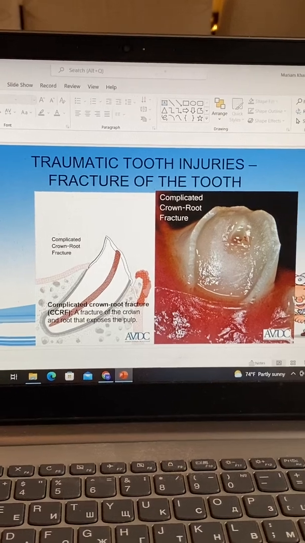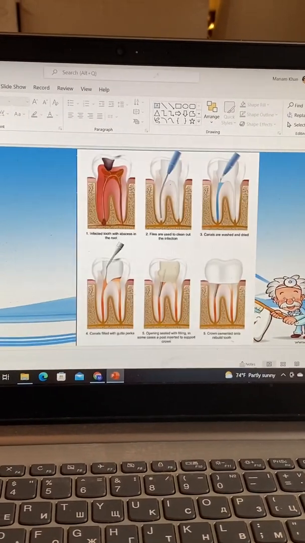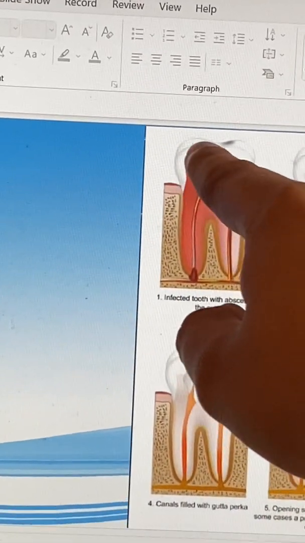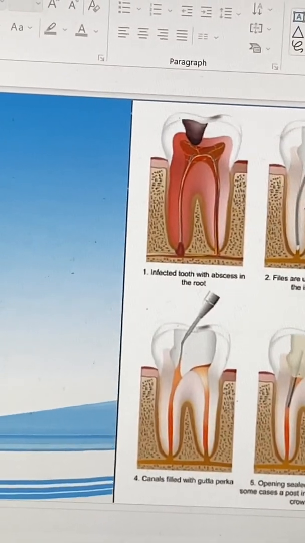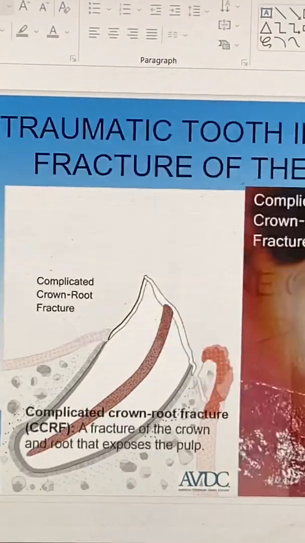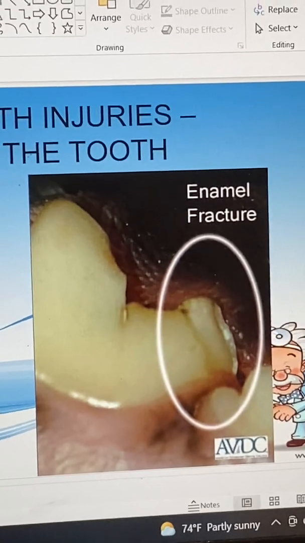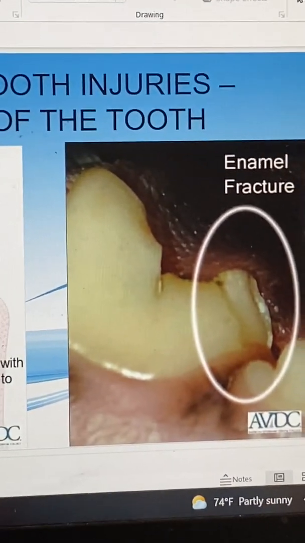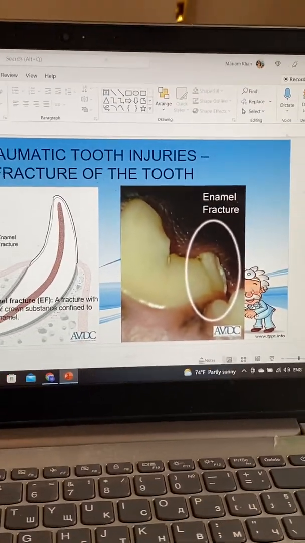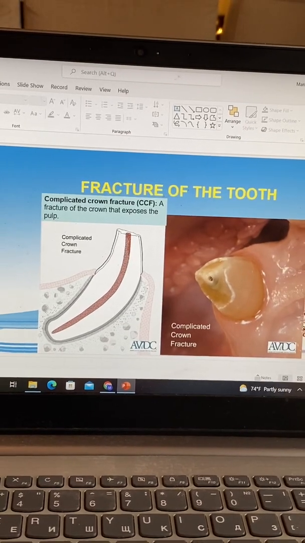So how do we treat this? Well, if there's a small chip, I don't know if there are any pictures. Okay, we'll try and use this. If there's a small chip, just ignore the inflammation of the pulp. What we'll do is just focus on home management. If it's something not as severe, let's say it's this, even here, it's almost barely noticeable, like I can't really see it. So we'll tell the owner to manage it at home with activities that basically prevent further trauma. Now, if the dentin is exposed,